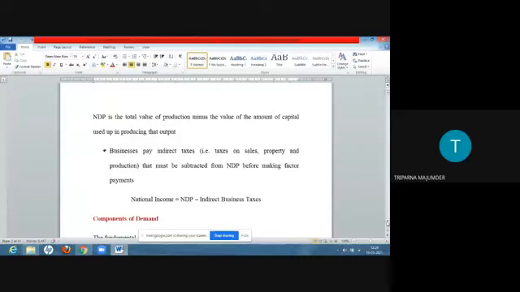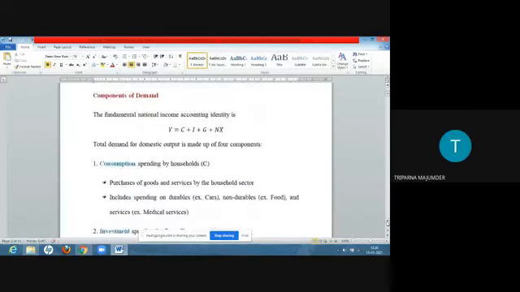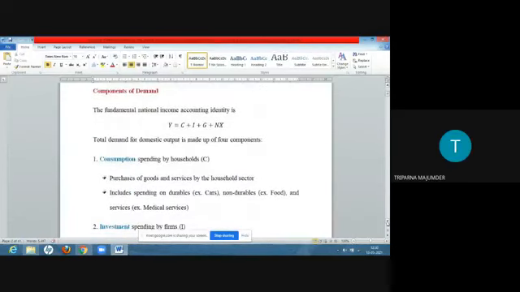We'll come to know about it later, that in a simple economy, we take these to be equal and proceed with our analysis. Now we come to the components of demand. I'm pretty sure that you are well aware of this national income identity, which is done in Unit 1 of this course. So here, what do we find?